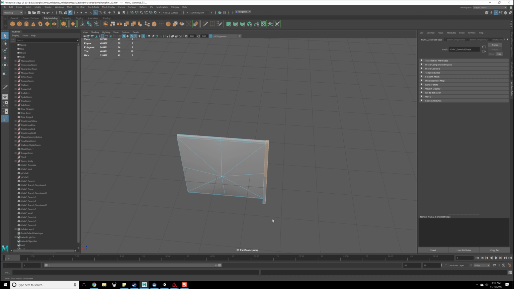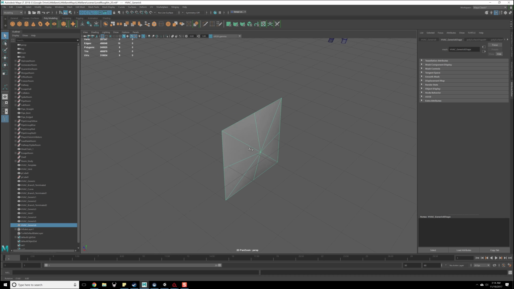Actually, you know what? Yeah, let's go to UV and planar on the Z-axis. Apply. Pretty good. There we are. F8, I'm going to save really quick. And all I want to do is